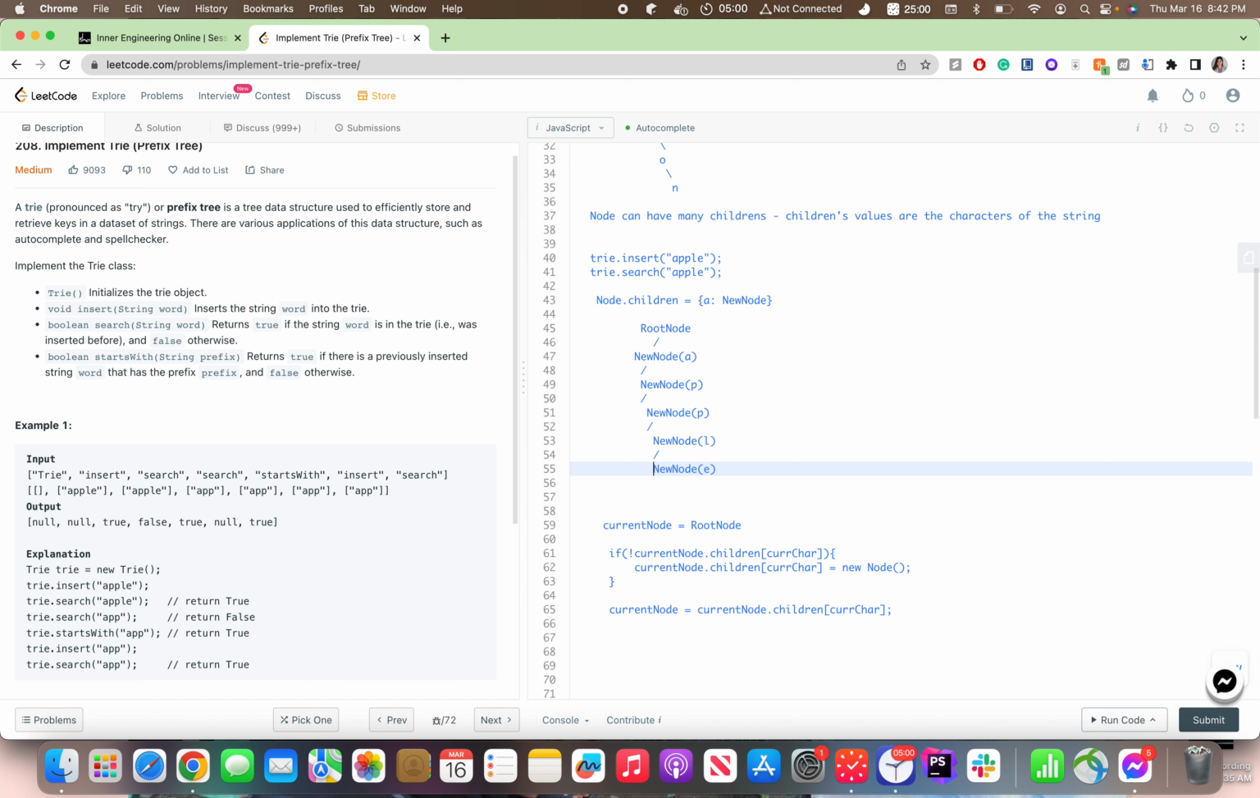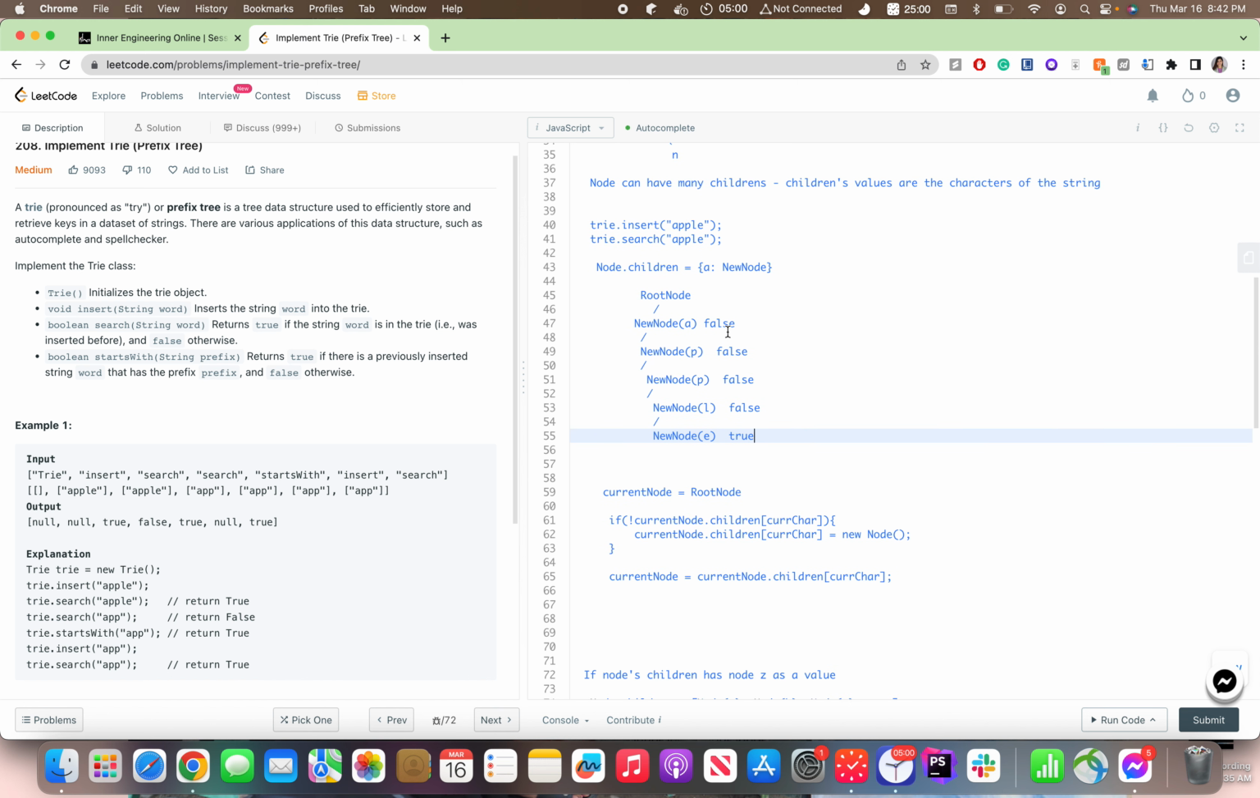So what I can do is, while inserting here only, I can say that this is false. I mean, this is not the end of the word, I can say that. And this is also not the end of the word, right? Because it is just p. While inserting only, I can say that this is also not the end of the word. So only when I come to the last character, I can say that this is the end of the word, true. So I'll also store this